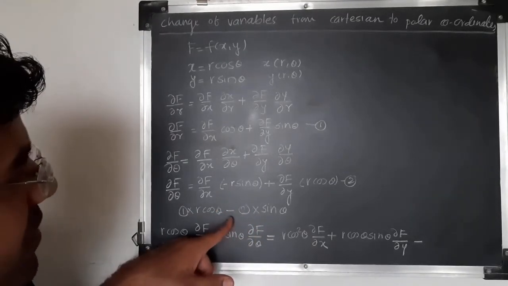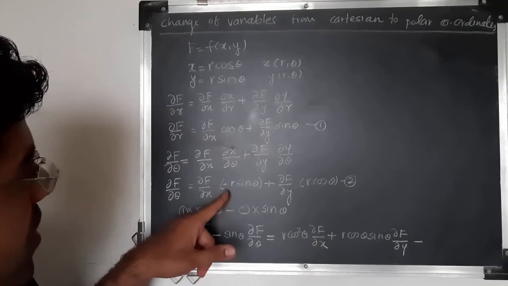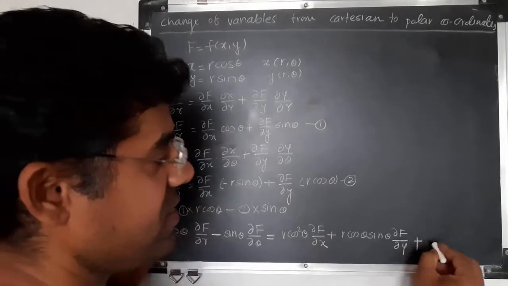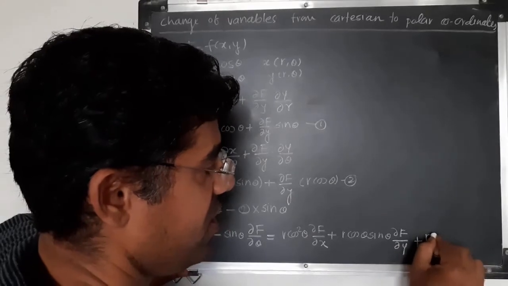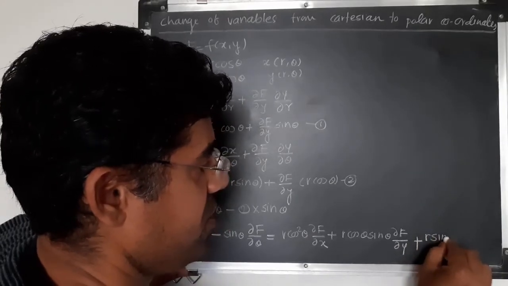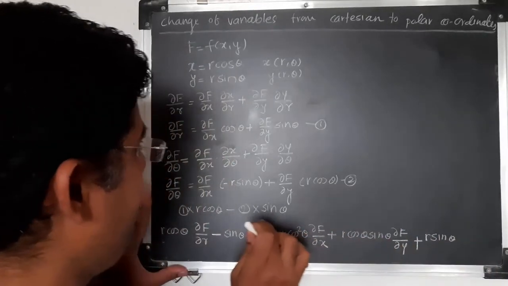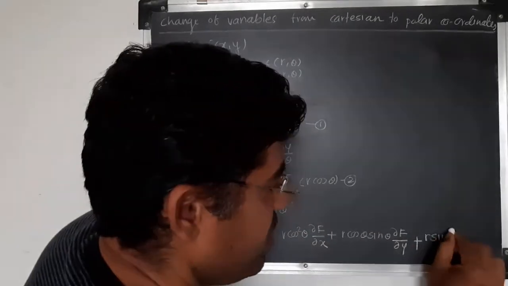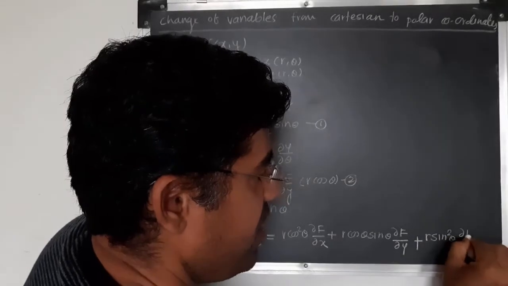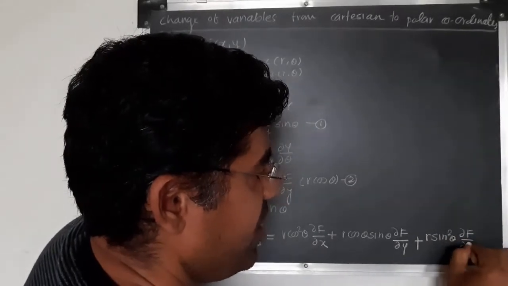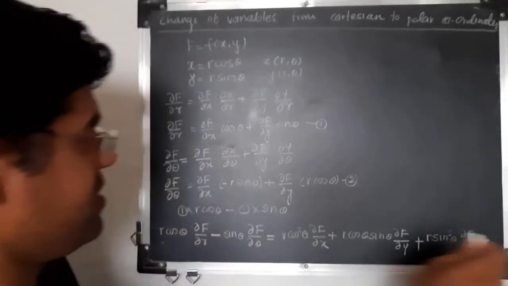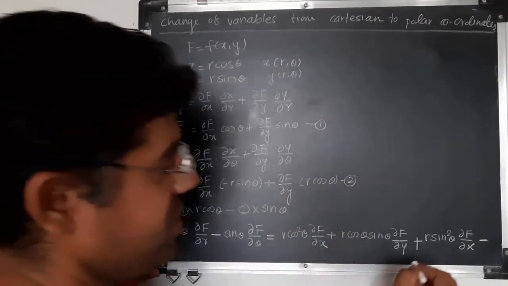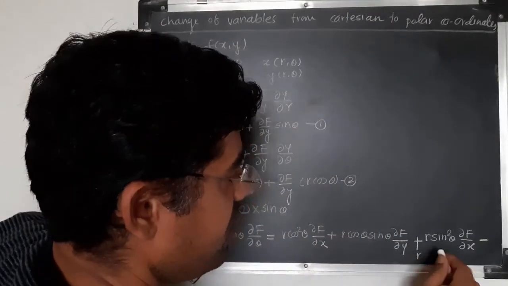Already we have taken minus, so minus minus becomes plus, this is r sin theta multiplied with this one, so sin square theta ∂f/∂x minus, and multiply with this one, so this is r